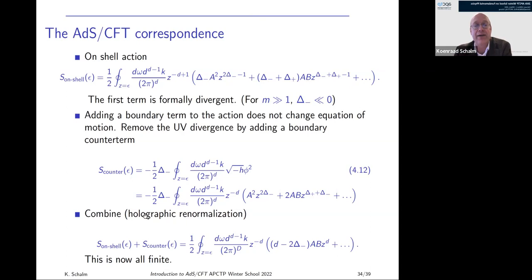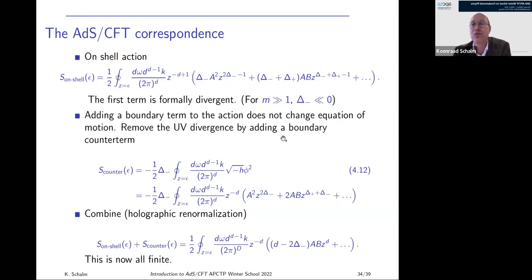But now, by the usual way of renormalization, the full quantum action is the combination of the first term plus the counter term. That's the one that is fine. And now if I look at the following combination, if I add these two, I have the first term here, this delta minus plus delta plus. If you work this out, delta minus is d over 2 minus this square root term. Delta plus is d over 2 plus this square root term. So in the sum, the square root cancels,